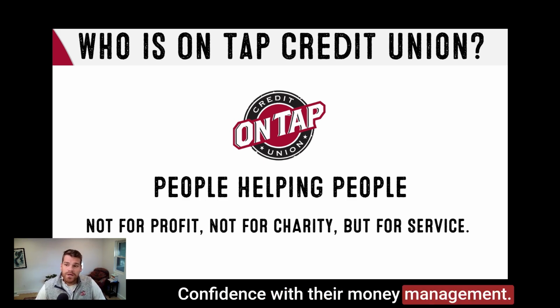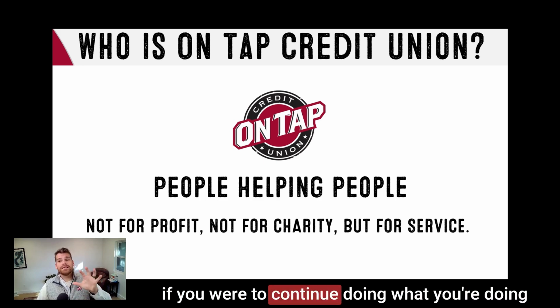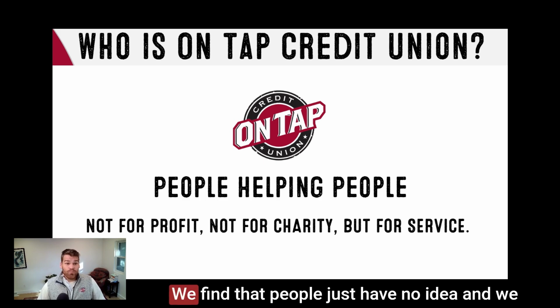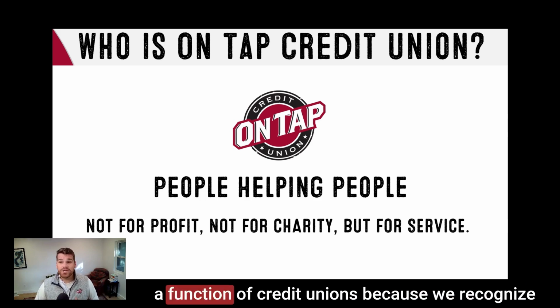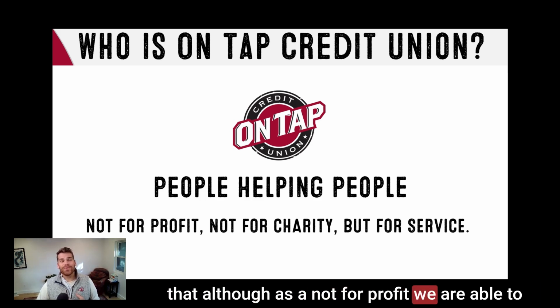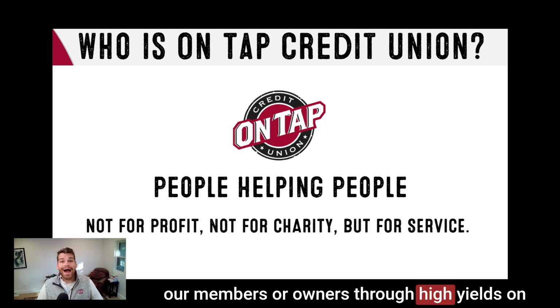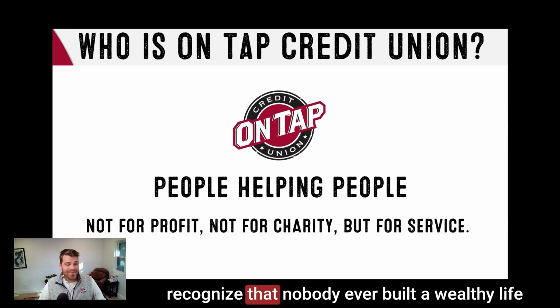When we ask people in our society in general, if you were to continue doing what you're doing financially, where would you be in 10 years? We find that people just have no idea. And we believe that helping them to see and plan should be a function of credit unions, because we recognize that although as a not-for-profit, we are able to give lots of those profits that we make back to our members or owners through high yields on deposits, through low rates on loans,